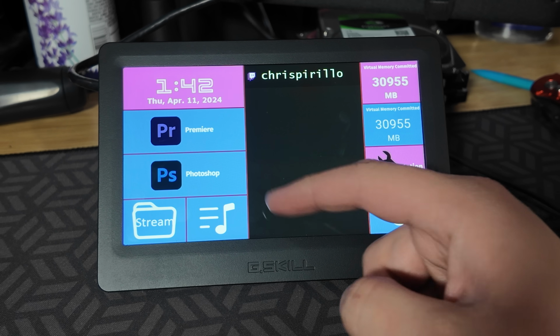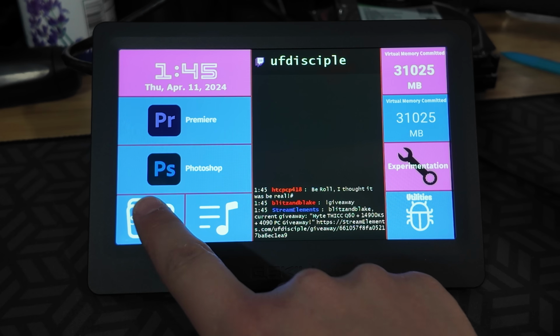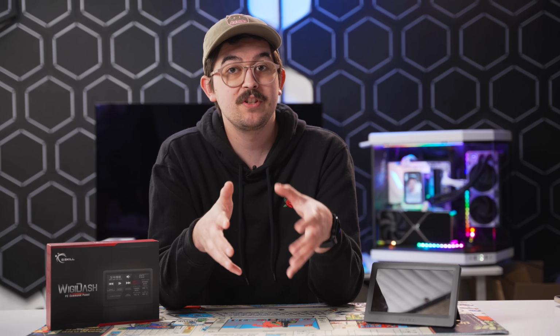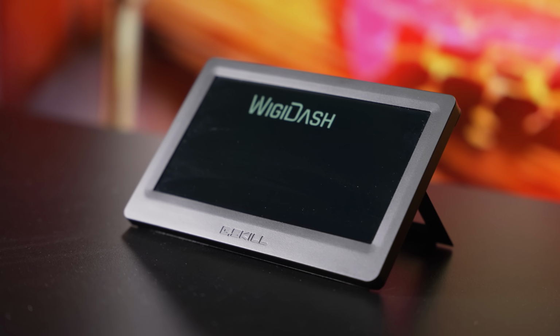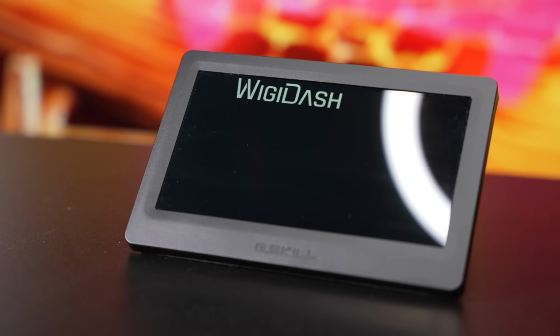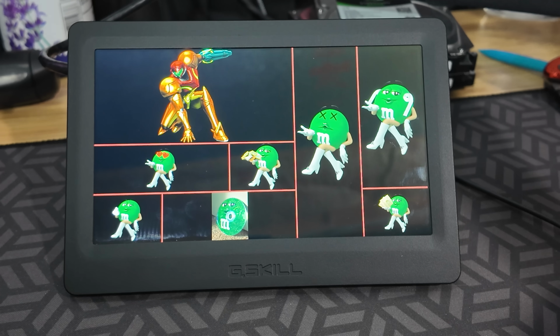We actually imported the Premiere and Photoshop logos for these quick launch buttons, and made this graphic specifically for the streaming widget page. A few extra things I like about the WigiDash is the ability to swipe across the screen to switch pages, and this WigiDash simulated DVD bouncing screen that occupies the display while the manager isn't currently running on your PC. You can also occupy any of the panels with slideshows, still images, and GIFs,